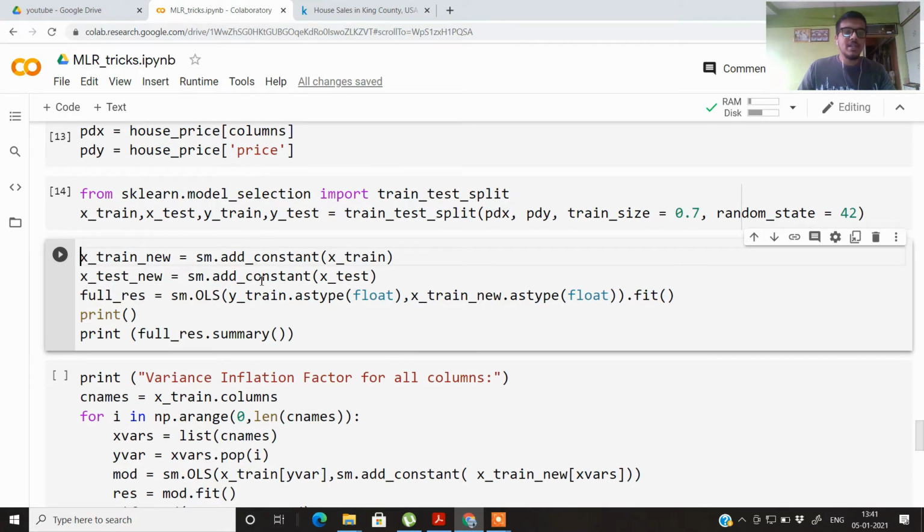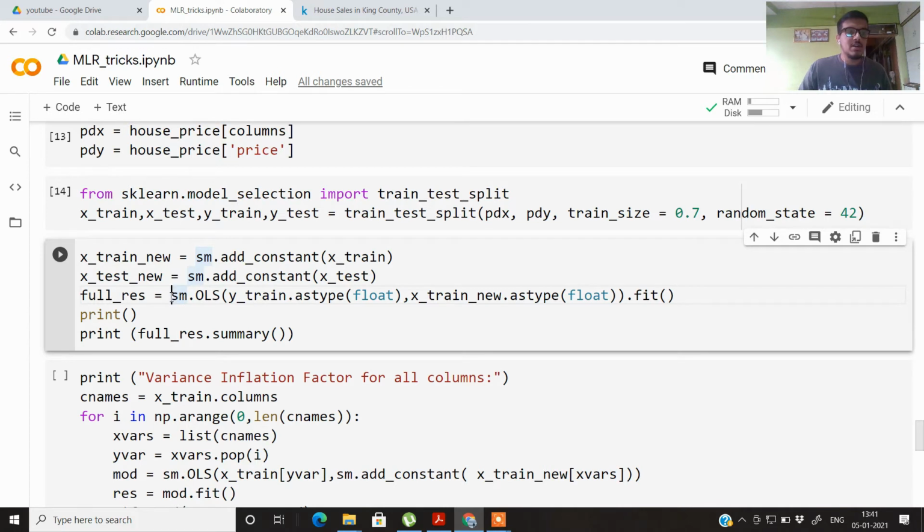So the beta 0 is very essential to be added to your xtrain and xtest for any regression problem. In statsmodels, we get a function called add_constant to directly add a constant to your xtrain, and we can directly add a constant to your xtest. Next step is just to fit the data.